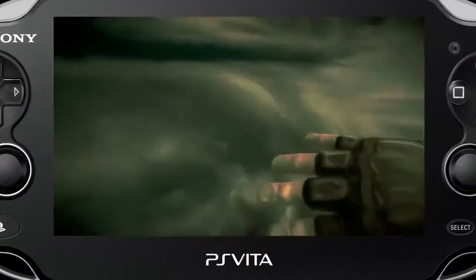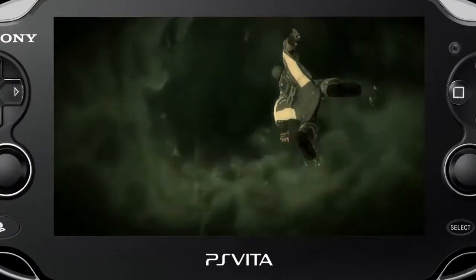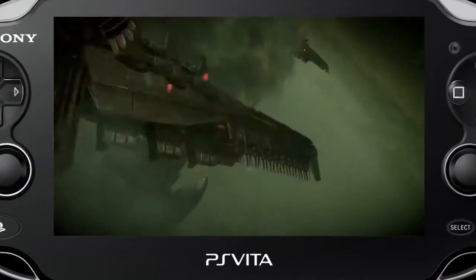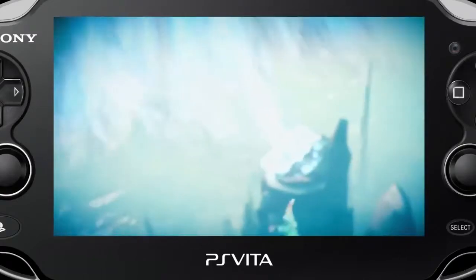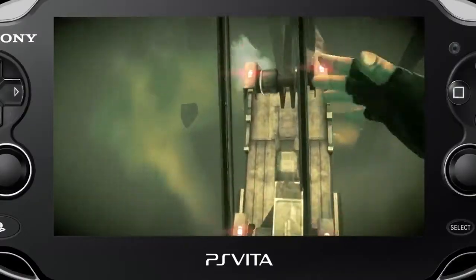There's an intro to one of the missions that sees you dive in on a kind of wingsuit. It looks pretty impressive, but it's even more impressive when you tell people they can look around. A lot of people didn't realise, they just thought it was a movie, and as soon as you press left and right, they were like, whoa, no way, that's in-game. That was the moment you could see people were like, oh wow, this is impressive,